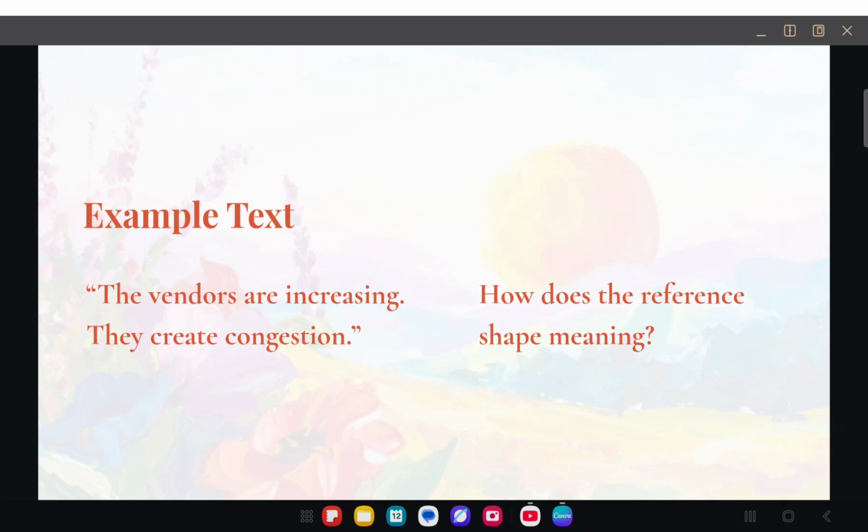Now let's analyze this example step by step. This is the example: The vendors are increasing. They create congestion. Pay attention not only to the reference word, they, but also to the meaning created by the connection.